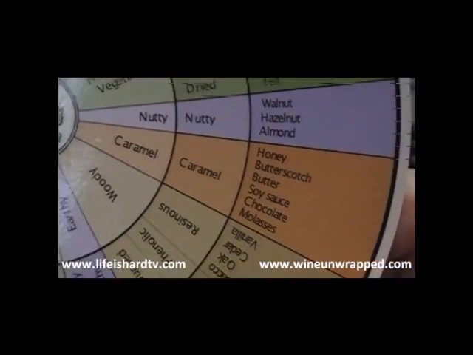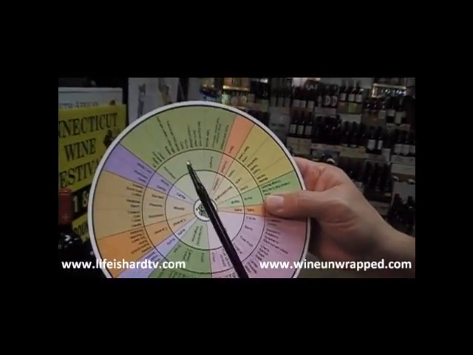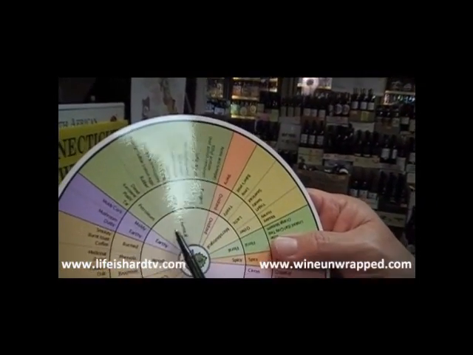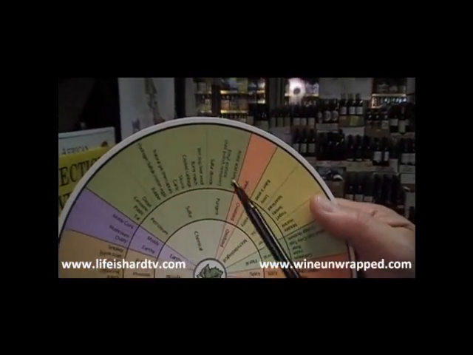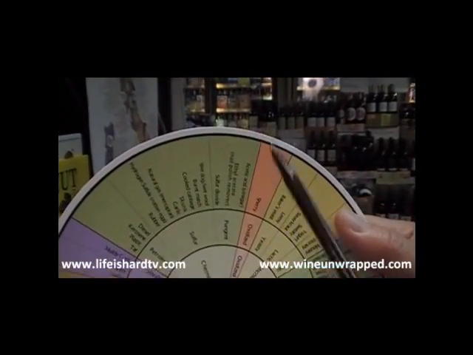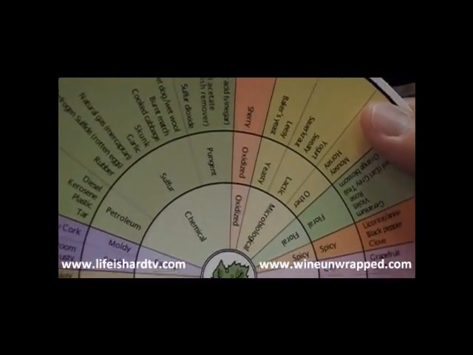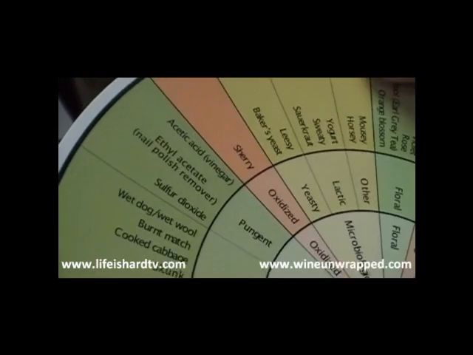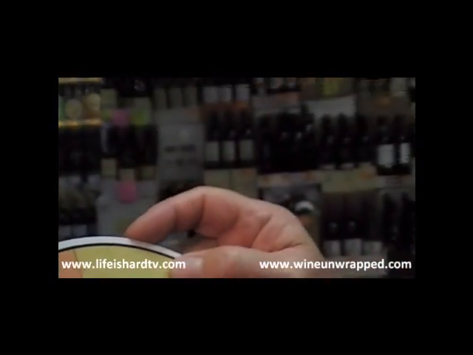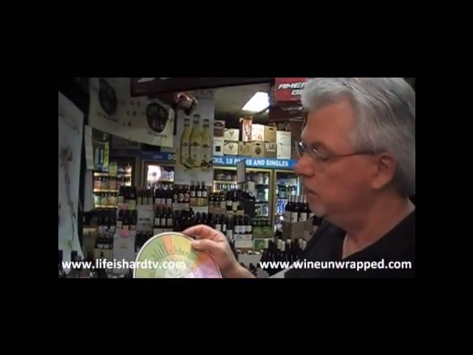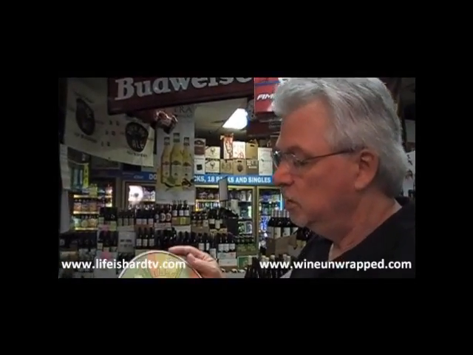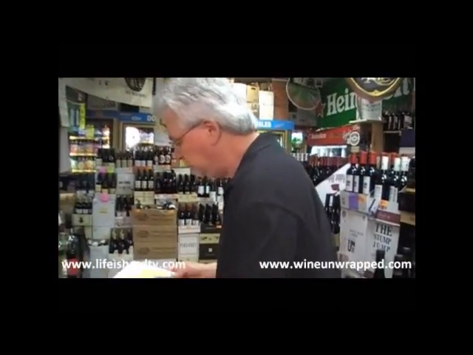further their education. There's even some, if you look, where you can say if you're getting some faults in the wine, like if you smell some chemicals, so you might smell rubber, garlic, skunk, and those are really marks of a flawed wine. And that does happen. You get wines that either aren't well made or aren't well stored, and they taste pretty nasty. So these are some of the terms people use to describe that. This was developed quite a while ago, and I'd like to show you another version.